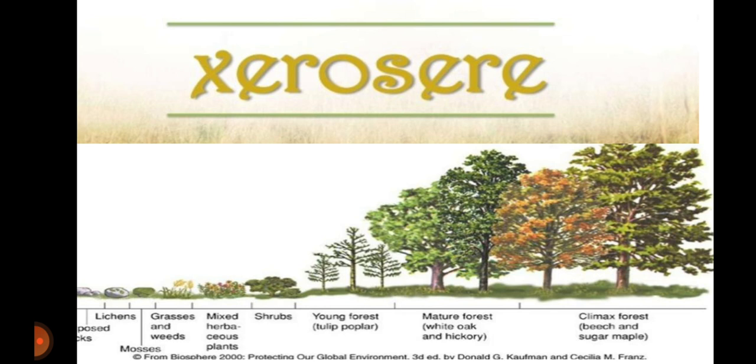Xerosere originating on a bare rock surface is known as lithosere. The original substratum is deficient in water and lacks any organic matter, having only minerals in distinguished, unweathered states. The pioneers that colonize this primitive substratum are crustose lichens, and through a series of successive stages, the succession finally terminates in the forest, which constitutes the climax community.